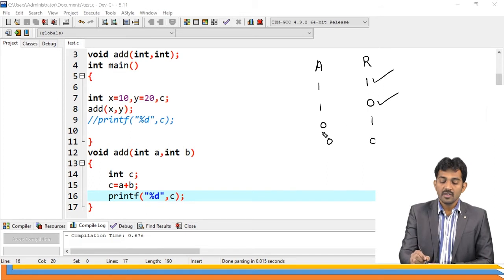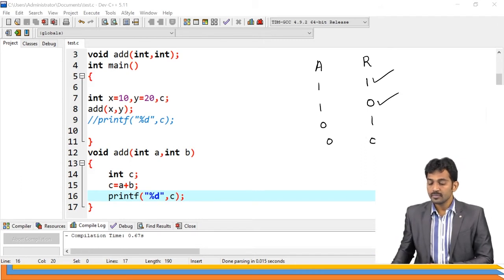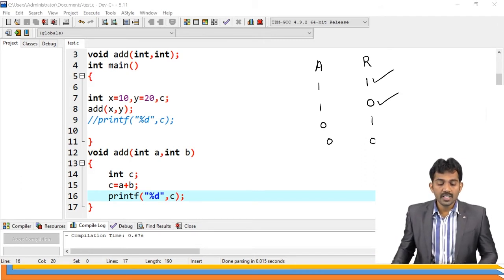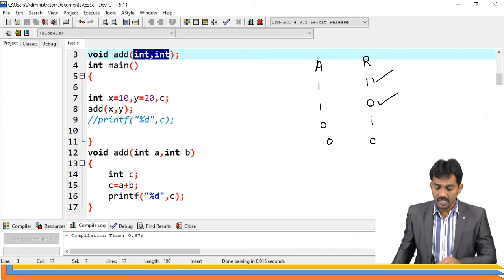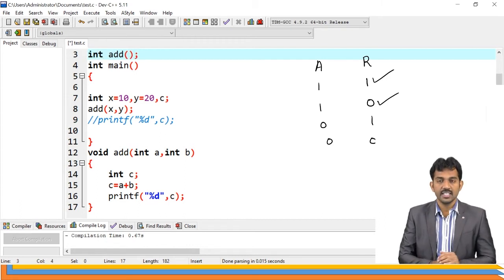Next, without arguments with return value. Here there is no need to send the data, so you just keep the parameters empty. And here, with return value, what return type are you going to set? Int.